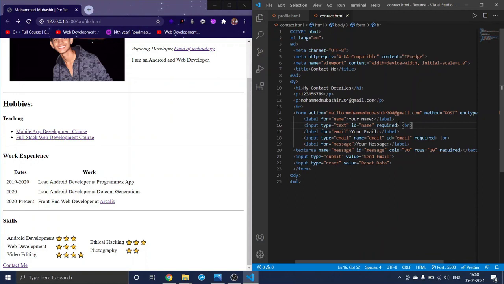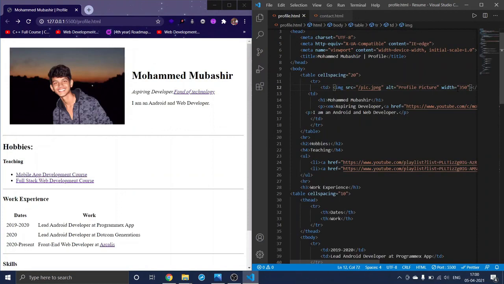And normally we use label here instead of p element or p tag. And in the label after that we used something like input, and again label, and again input, and then we used something like textarea. So our HTML part is done. We'll be learning CSS from the next video.